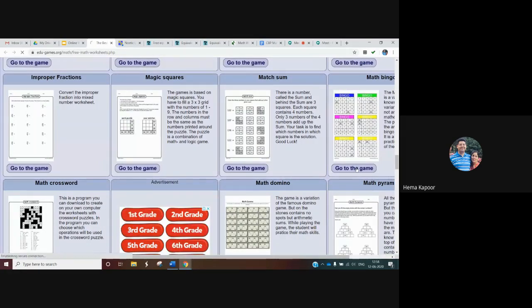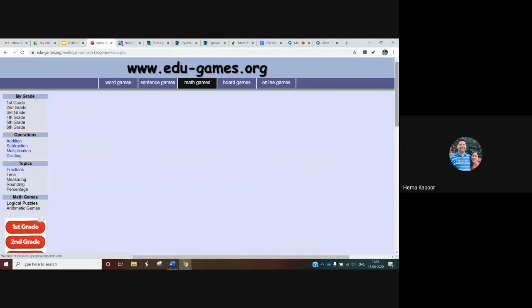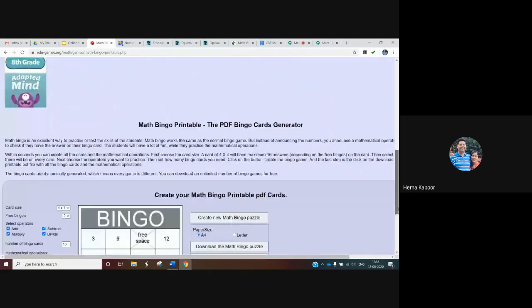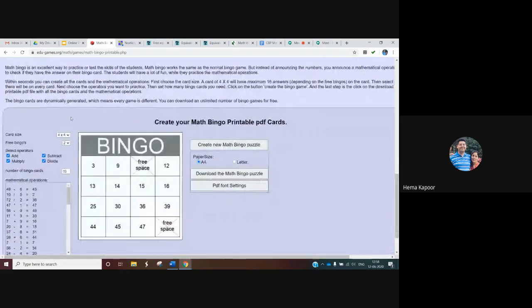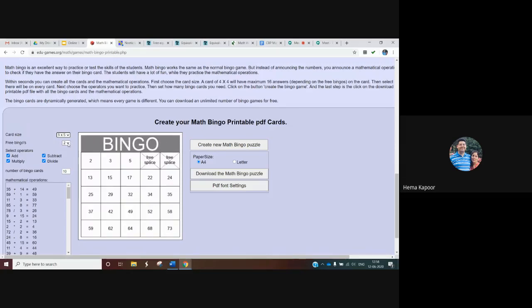So if I go to the game, let's see how we will create the games on this website. Okay, so this is the card size you want. If you want 4 into 4, or if you want to increase the size, 5 into 5 or 6 into 6, you can go for the option. So suppose I want 5 into 5. How many cards do you want? If you want 2, then it's okay. But bingo जो है वो ज़्यादा के साथ तो that will be more effective. For example, I need 5 cards.